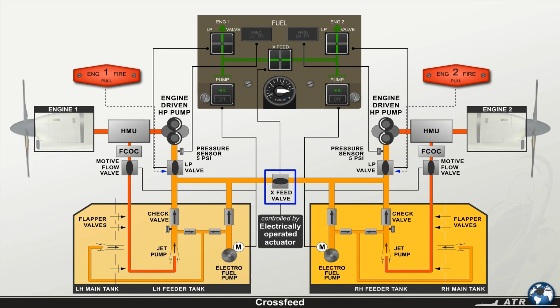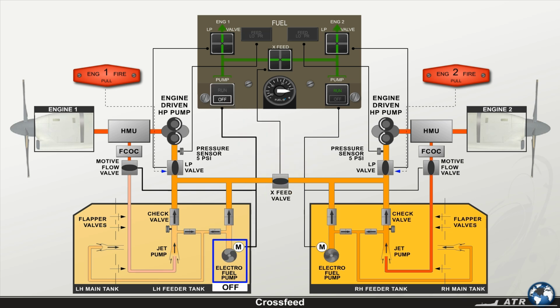The valve is controlled by an electrically operated actuator. When the crossfeed valve is opened, both electrical fuel pumps are automatically activated. By manually switching off the electric fuel pump of the tank with less fuel, the motive flow on the respective side is also stopped. And it is possible to use the fuel from the fuel tank with a higher level